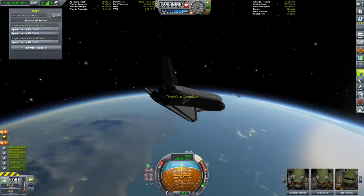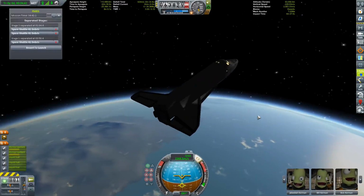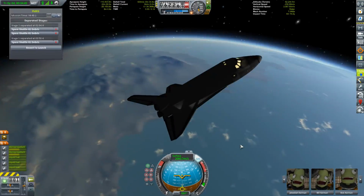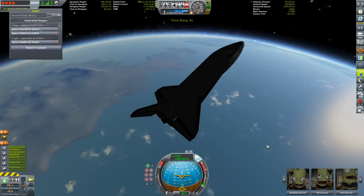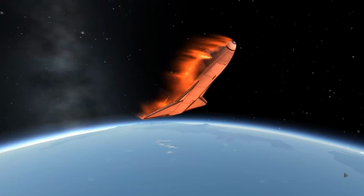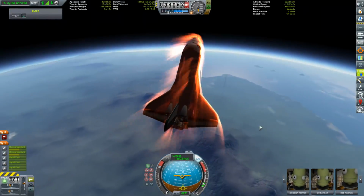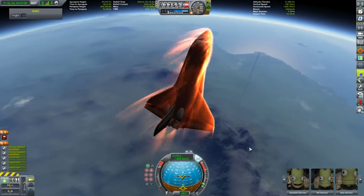Okay, we're now in the atmosphere. What I'm going to try here is to set my angle of attack to something between 30 and 40 degrees, which, at least in my experience, should offer the most stable return vector. Let's see if I am correct about that. Heating up nicely over here. As you can see from our speed indicator, we're now very much in a safe zone with 1600 meters per